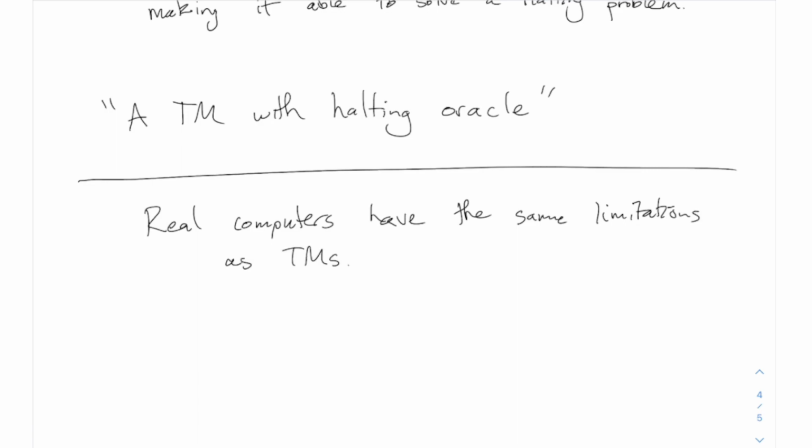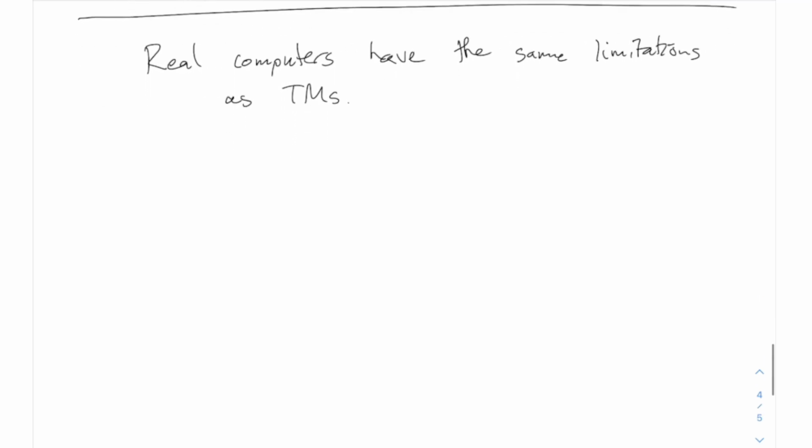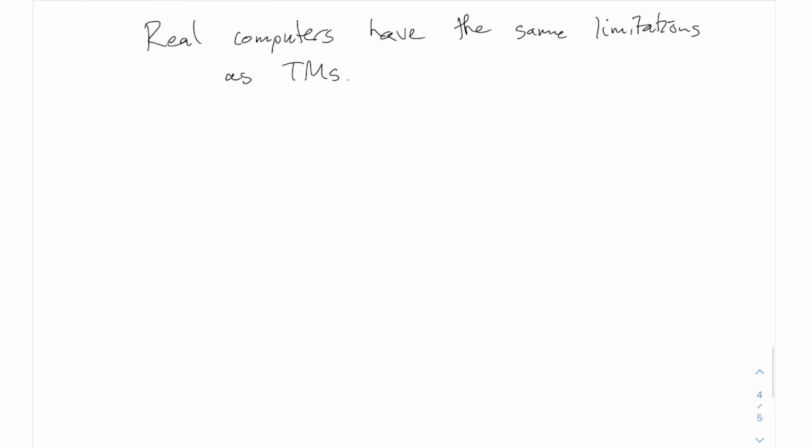That's because a real computer on some level is like a Turing machine with a tape. It has a memory and it can access that memory at certain locations as it does what it does. Because it's a machine which is based on a memory and looking sequentially at locations of memory, it has the same limitations as Turing machines. What I would encourage you to think about, this will not be on the final exam,